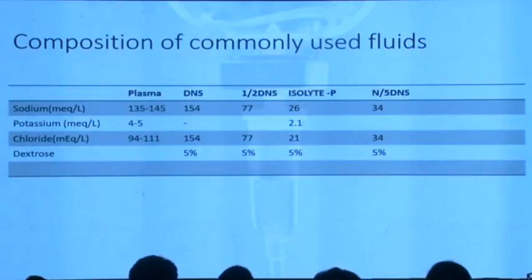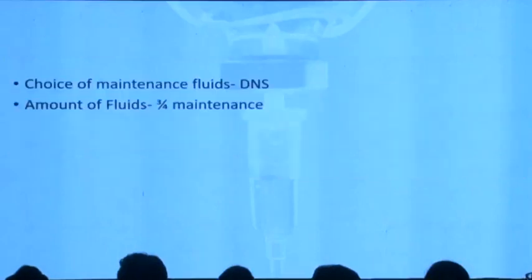So what are we going to get? We are going to get hyponatremia, and that will be iatrogenic hyponatremia, which later Dr. Bilal must be taking on. So the choice of fluid should not be hypotonic or hyponatremic. We should provide isonatremic fluid. So the fluid of choice is DNS, except in